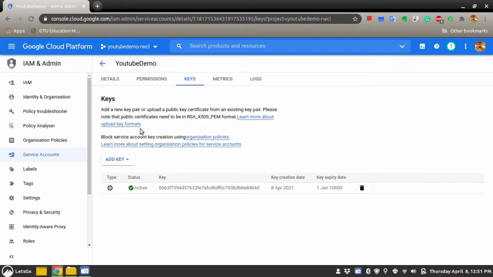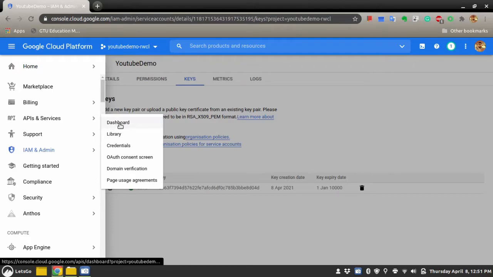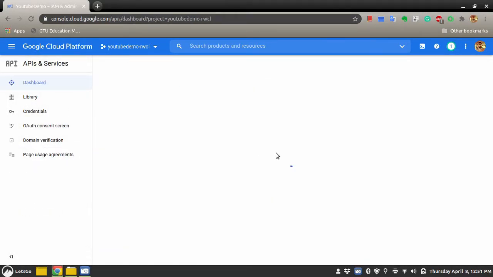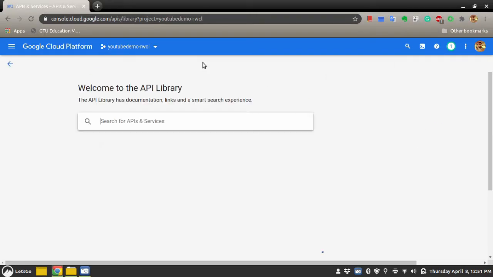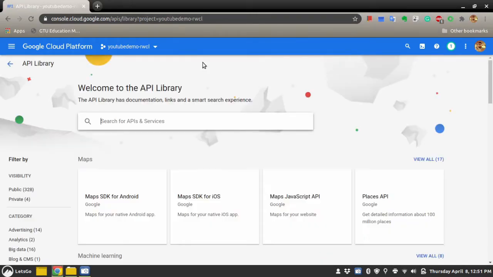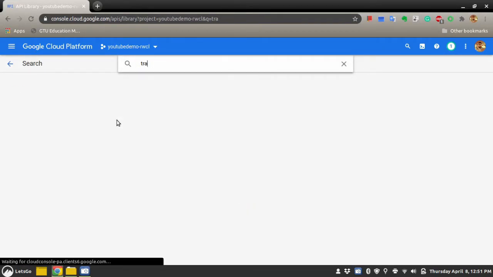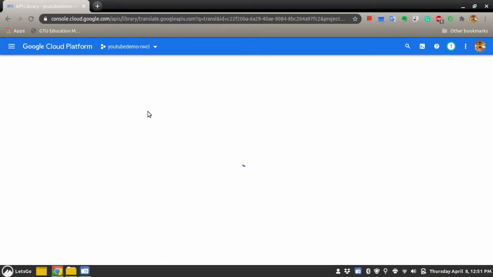For that, let me go to the APIs and services dashboard. Here I will click on enable APIs. I'll write translate. Okay, Cloud Translate API.